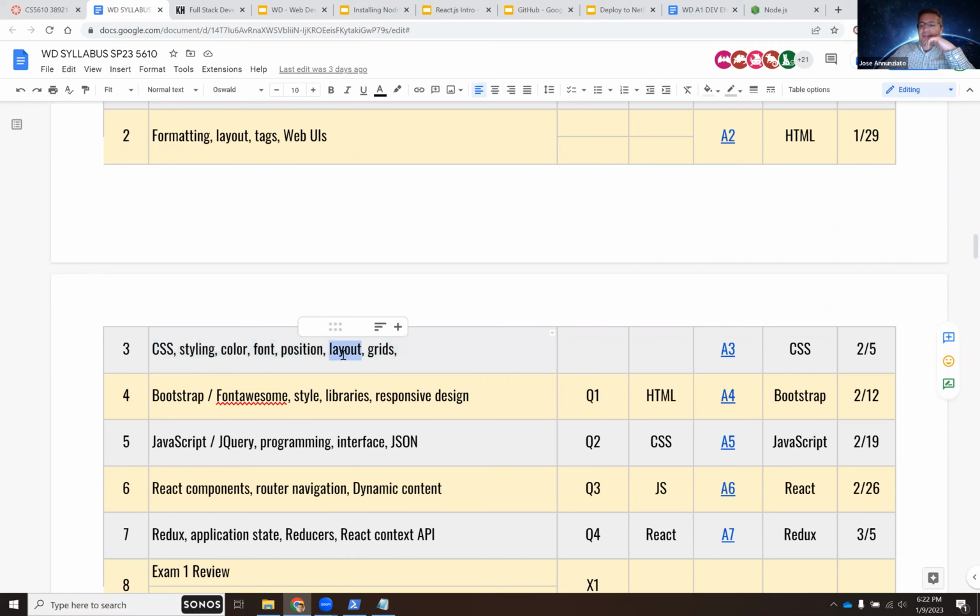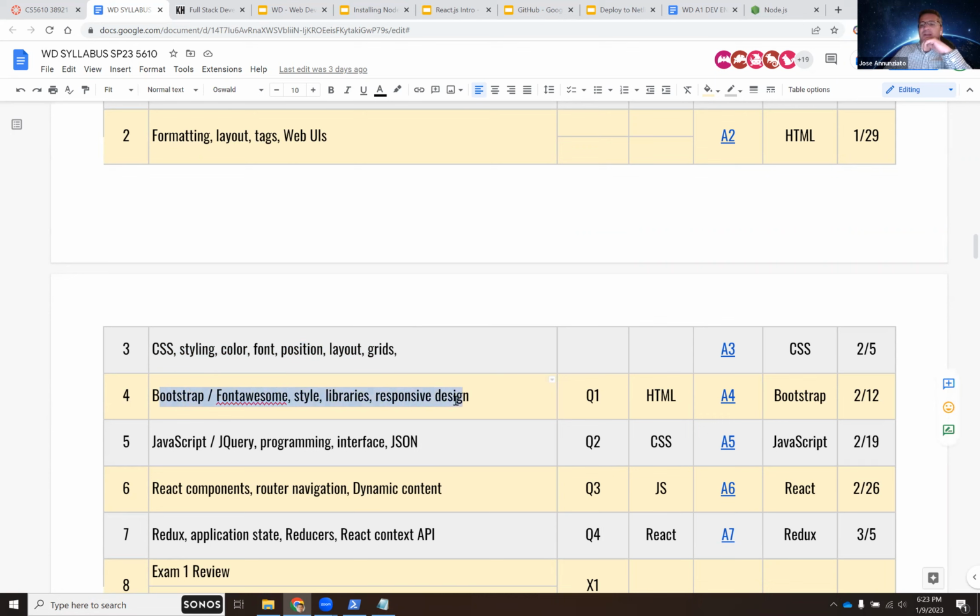But we'll quickly learn that it's really hard to make things look pretty with just plain CSS, especially if we're not artistically inclined, and we don't have an eye for the artsy part. So for us developers, it might be fairly challenging to make things look pretty, even though, sure, CSS has everything you would need. You really need to practice it a lot over quite a bit of time to really master it and make things look pretty. So instead, on week number 4, we're going to be using a commercial grade